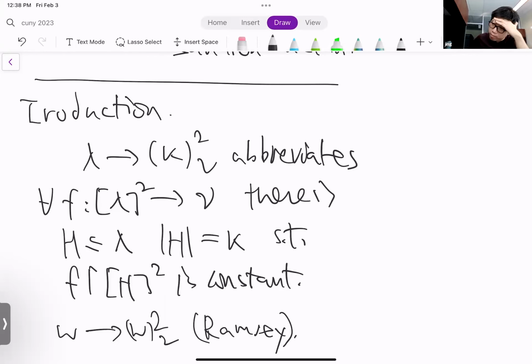So naturally, there are problems that come up in infinite combinatorics that people want to solve, because of the usefulness of the Ramsey theorem in the countable setting. So it's natural that people want to generalize the Ramsey theorem to the uncountable in order to solve some problems in topology, algebra, that kind of thing. But the problem is